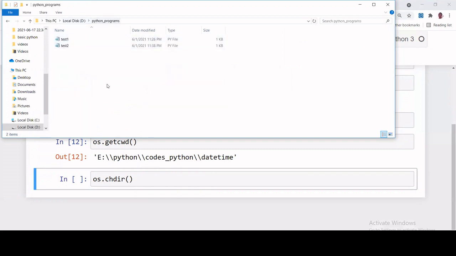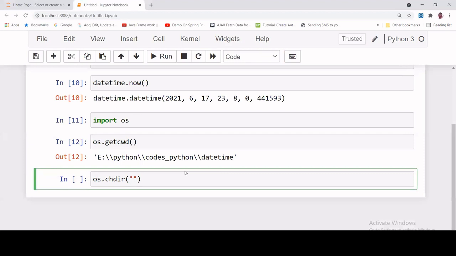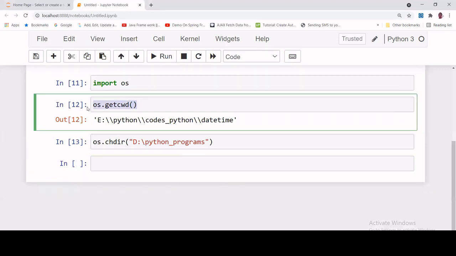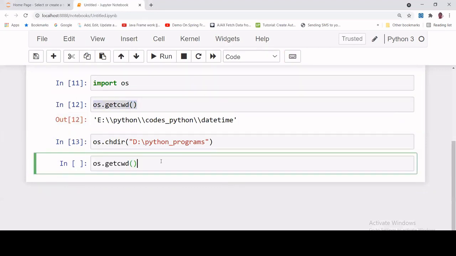You want to go inside this directory, which is inside the D drive. Python programs are there. So select this path, D Python programs, just select this path and copy. Go here, put a colon and paste. Now what will happen? Just run this. After that, again call this one. Put it here.